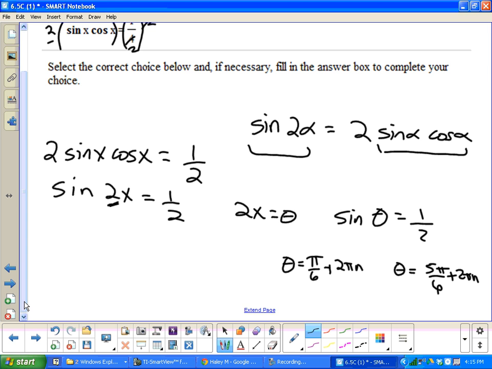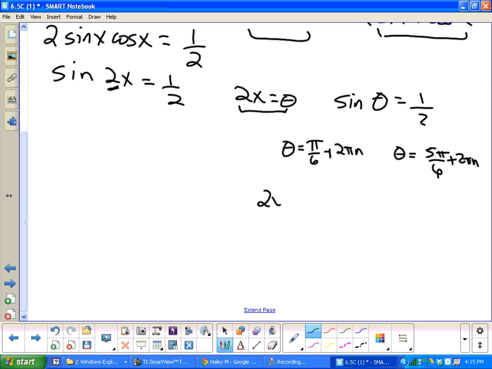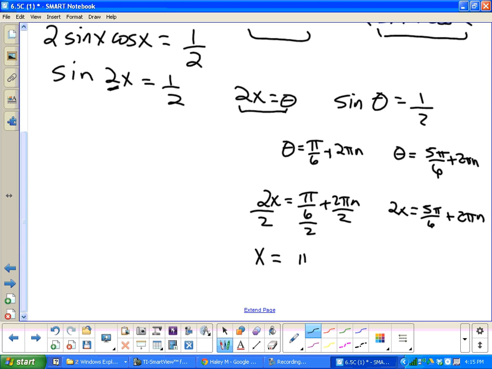Right, so now recall here that theta was equal to 2x. So now we're going to get 2x equals pi over 6 plus 2 pi n. And same thing here, 2x is equal to 5 pi over 6 plus 2 pi n. Okay, now we've got to get rid of the 2. So we're going to get x equals pi over 6 divided by 2 would be pi over 12. So we get pi over 12 plus, now the 2's would cancel there. So it would be plus pi n. Let's see this one divided by 2. So here we're going to get 5 pi over 12